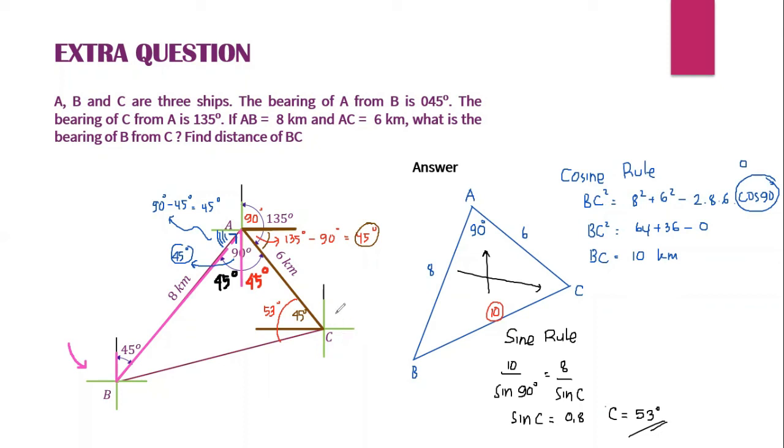This question is very easy. Now we go to this diagram. Here is 53 degrees, and this one is 45. Now we're going to find the bearing of B from C, which means C to B. One is north at C, and we try to measure the angle from north at C to B. That's very easy, right? Students, I think this question is very easy. We got this one is 45, so it means here is 45. So the bearing of B from C,